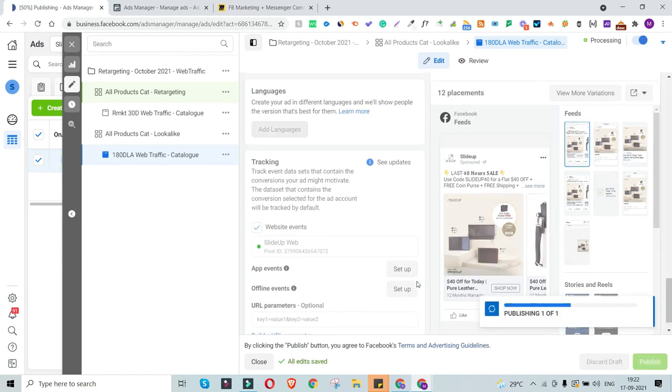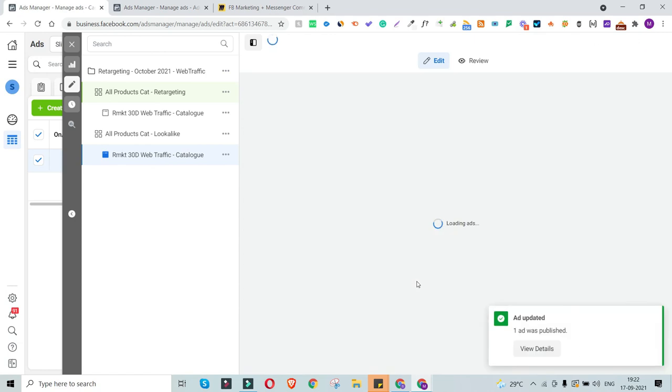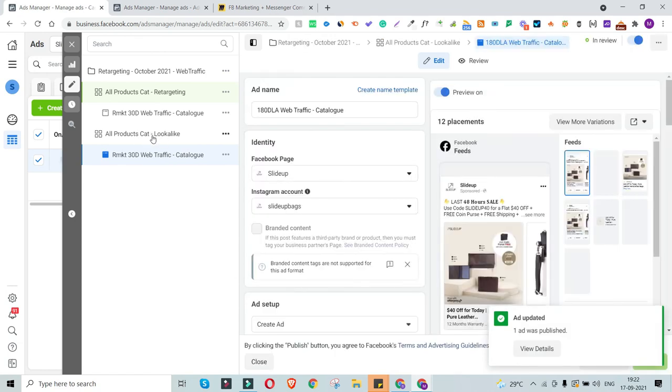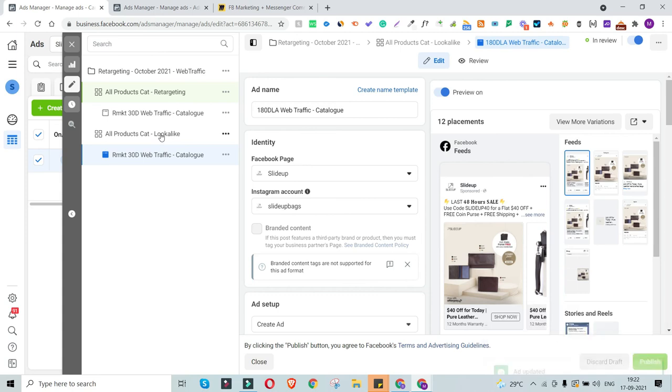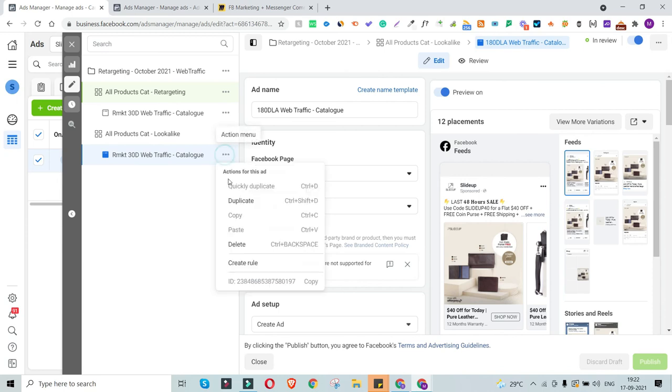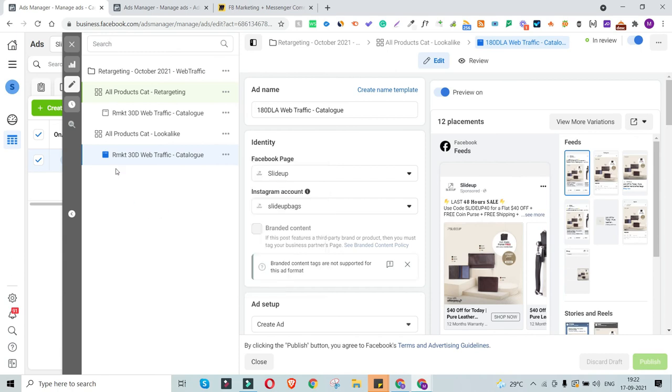Hit publish. Now in case you would like to show them a fresh ad because you are targeting a new audience segment over here. So essentially, in case of lookalike, you are reaching out to a new audience who might not be aware about your brand. So they might be seeing your ad for the very first time. So if you want to create a fresh ad where you would just like to show them what your brand is all about, you can simply duplicate this area over here and create one more ad that is going to introduce your brand to them, and then maybe you can retarget them using this ad. So there are multiple ways. You just need to understand the different strategies.